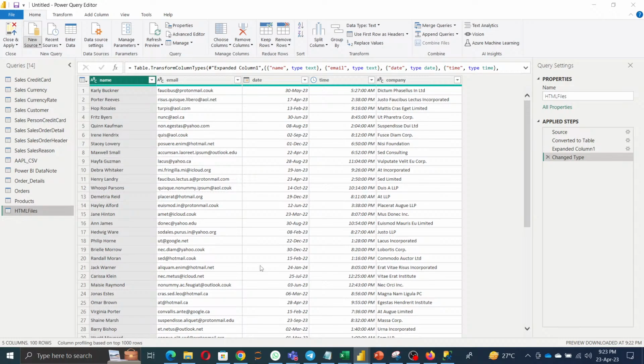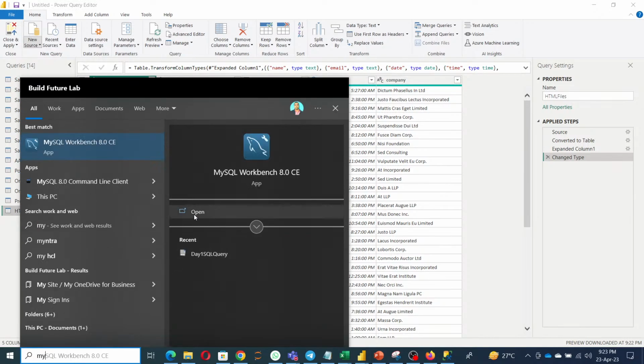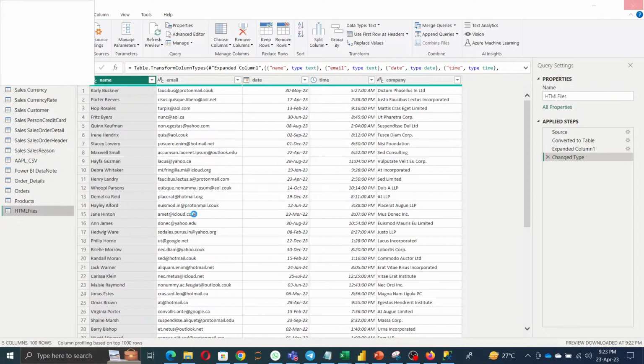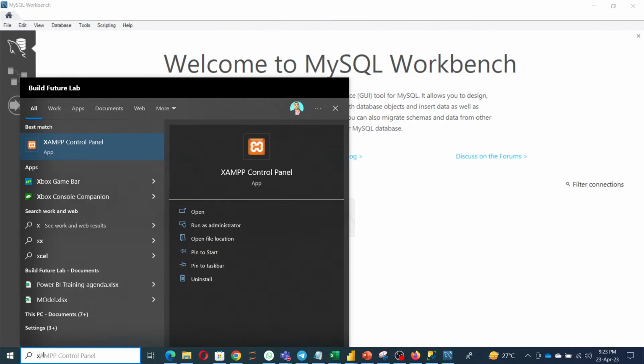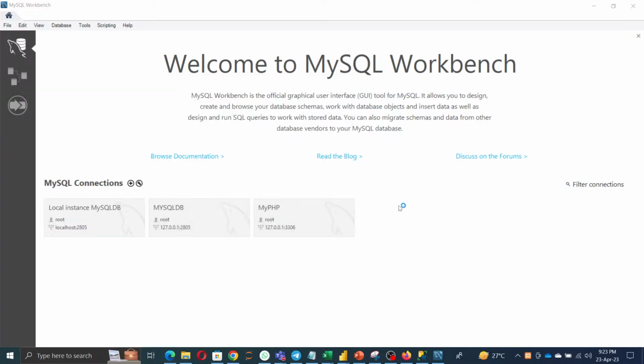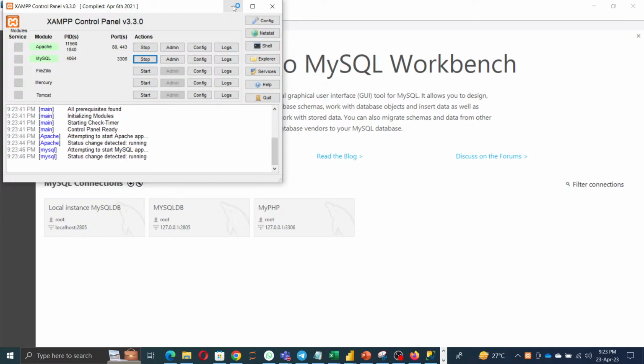Next, MySQL. I think I installed MySQL. Let me check whether I have the database installed or not. Oh, XAMPP. Let's open XAMPP. Actually, I installed phpMyAdmin. So start Apache, start the MySQL server, and then